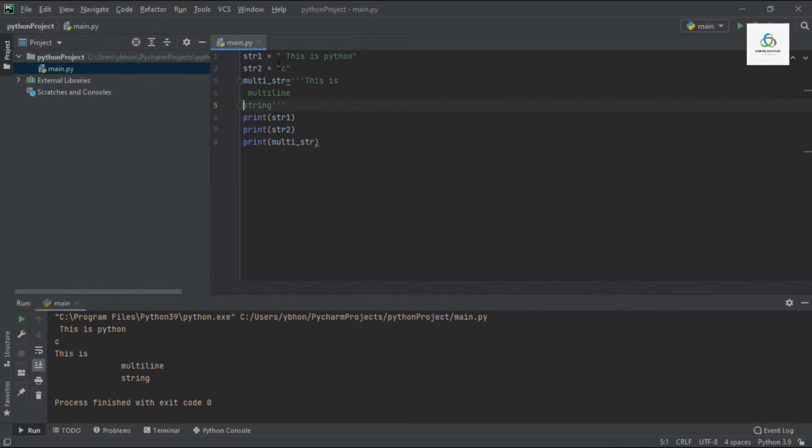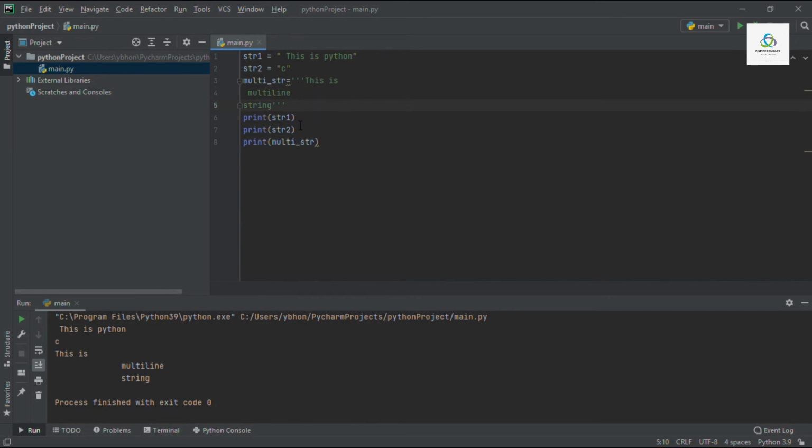You can observe str1 is a sequence of characters enclosed inside double quotes. str2 consists of only a single character, that is C, and it is also inside double quotes. multi_str I have written inside triple quotes, and you can see that the string is in different lines. It means it is a multi-line string.